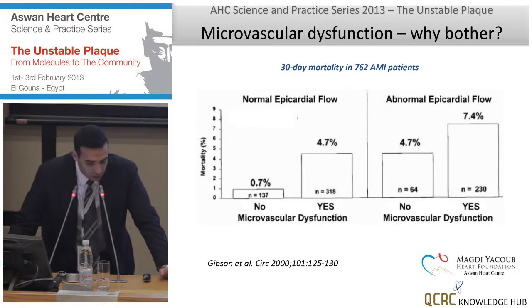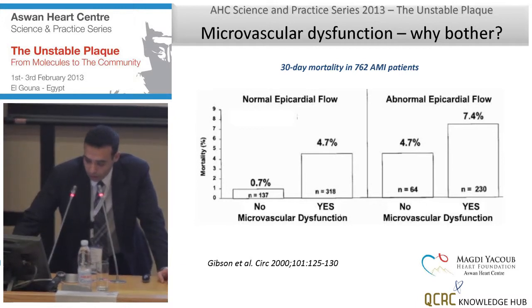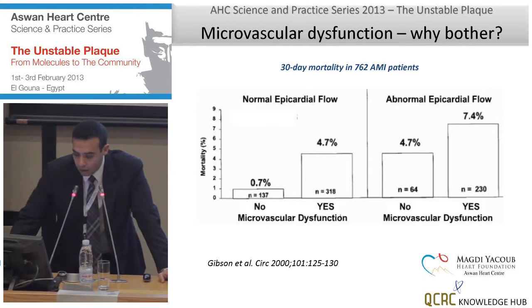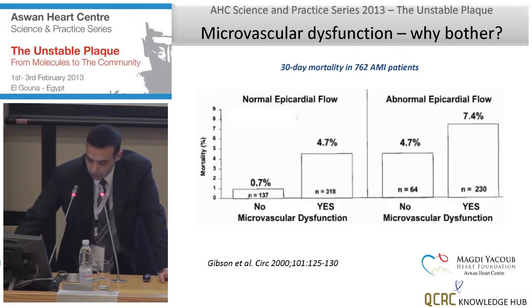Now, Professor Senior has kindly set the scene for appreciating the prognostic importance of microvascular function in patients with acute coronary syndromes. But I'll show this extra slide from Dr. Gibson's group back in 2000, where he looked at patients presenting with acute myocardial infarction, over 700 patients. They assessed microvascular function using TIMI blush score, and they looked at mortality after 30 days and found that patients with normal epicardial flow compared to those with abnormal epicardial flow, no surprise there, those with abnormal epicardial flow had